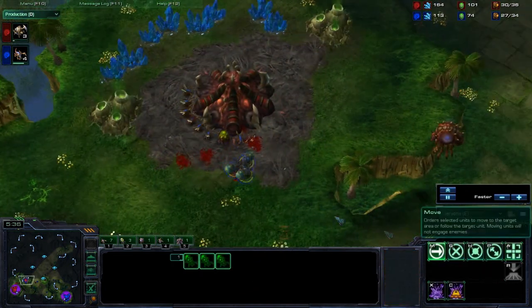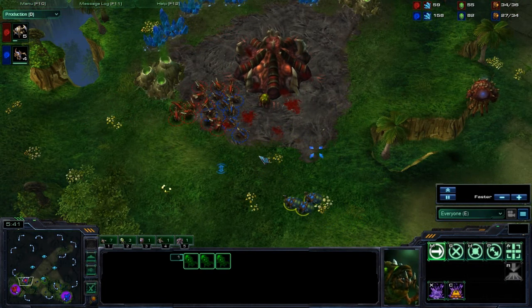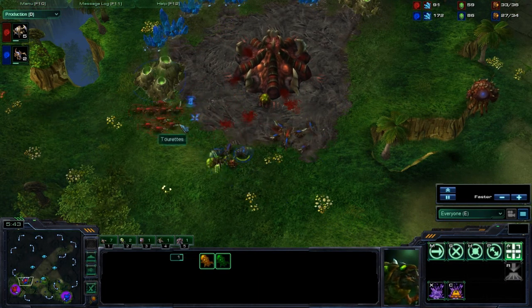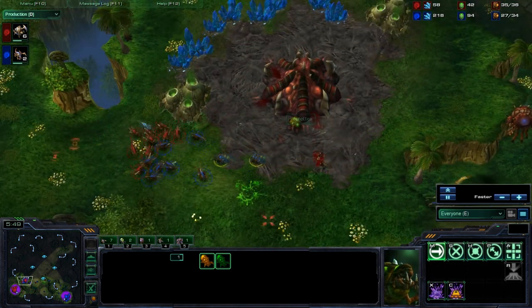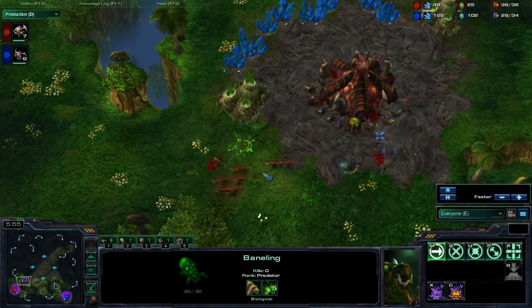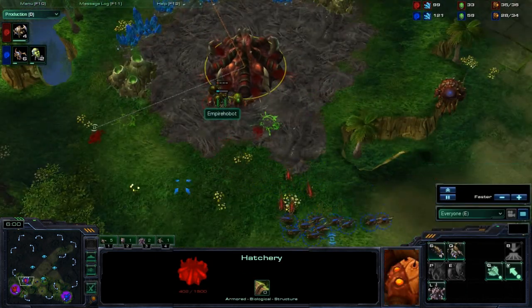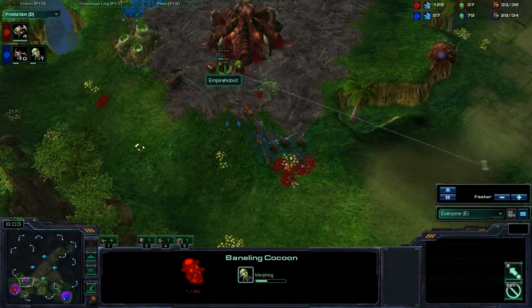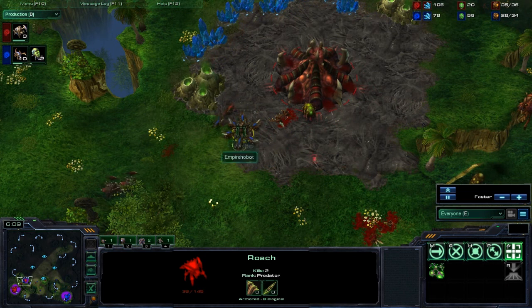The Banelings here are not going to attack the hatchery. I don't want to waste them on that. He's trying to clump up red's Zerglings, and oh nice, red just splitting off one Zergling there and eliminating a Baneling, so pretty cost effective there for red. One more Baneling gone. I'm not sure how much damage that did, I don't think too much. And here red is just trying to repel. Although two more Banelings are morphing, a Roach is on the way, two more Roaches coming out for red, and it looks like